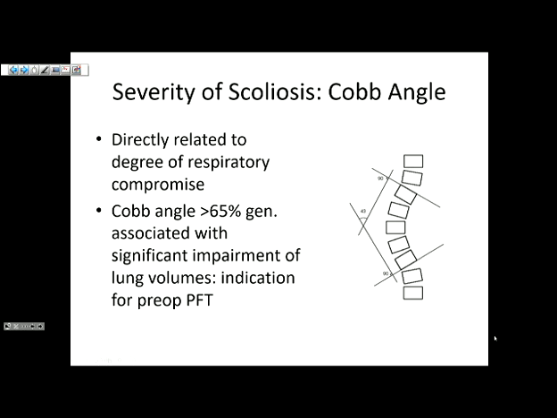Cobb angles are frequently thrown out here. I don't really make you memorize a whole lot of these, other than to get a general feel for it: the higher the angle, the more significant the pulmonary dysfunction is likely to be. This is just one source that I found. I think it's a much more up-to-date source than what's in Nagelhout, and a little bit more conservative. But as you get into Cobb angles of greater than 65 degrees,